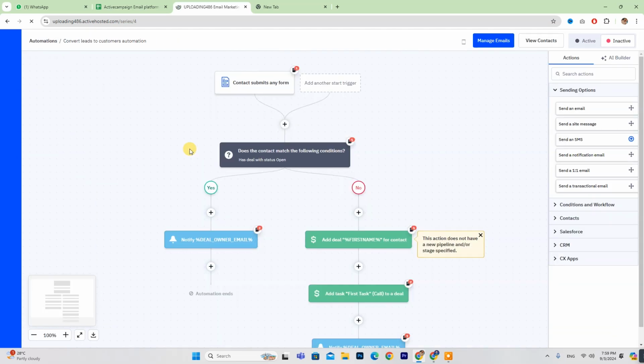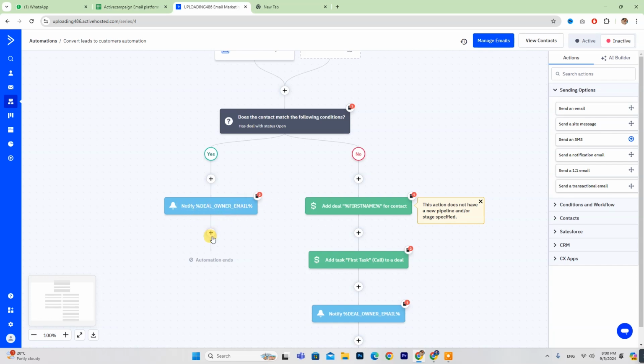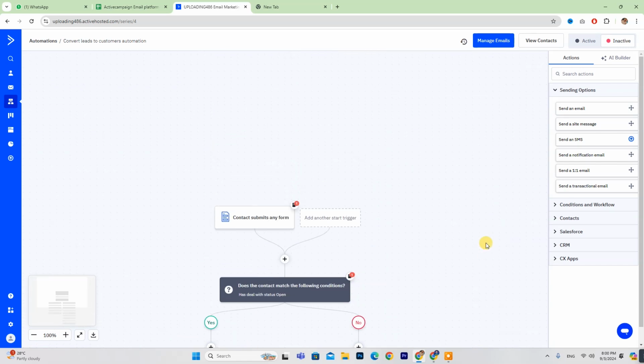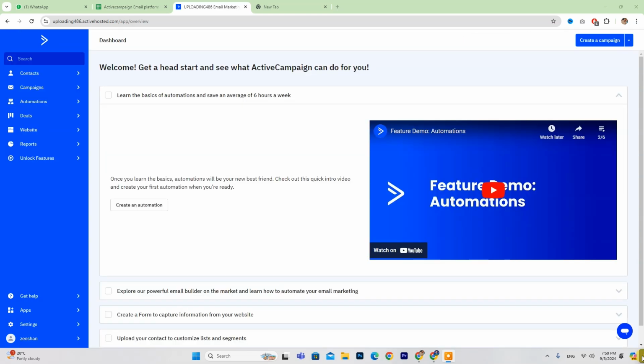Here's how our automation will work. If a contact submits a form and it meets our conditions, they will automatically receive a notification. If the form doesn't meet the conditions, a deal will be created for them, they'll be notified, and then the automation will stop. I hope this tutorial helps you understand the automation process better,